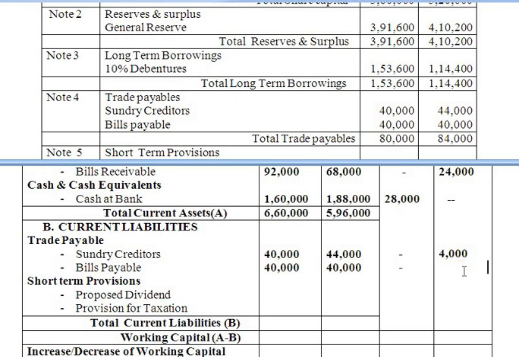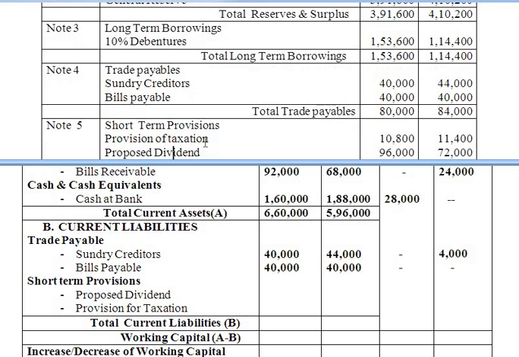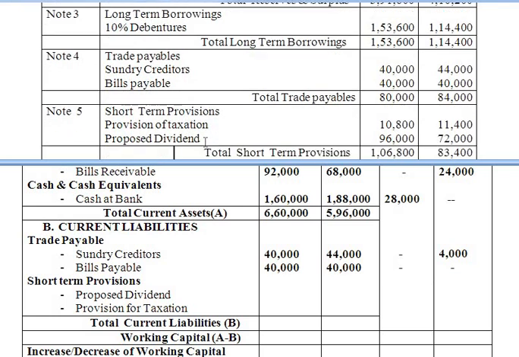Now the next current liability is short term provisions. In short term provisions we have provision for taxation and proposed dividend. We have already discussed this point regarding provision for dividend and provision for taxation. If you treat provision for taxation and dividend as current liability, it will come in the schedule of changes in working capital and no further treatment is required.